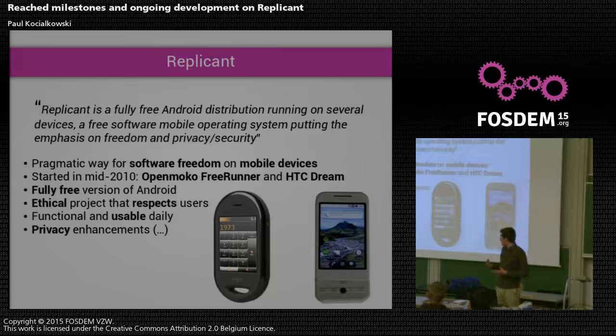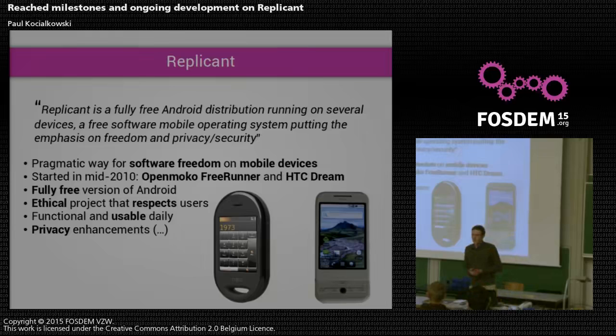Since the very beginning, Replicant meant to be an ethical project in the sense that it respects the user's freedom. It means mostly that, first of all, we don't distribute non-free software, and we don't recommend the use of non-free software. We believe that distributing non-free software along with the system is taking the decision instead of the user to use non-free software, and we think that's unacceptable for any project or entity. And we also don't want to recommend the use of non-free software because the very ground ideas behind Replicant are the ideas of free software.